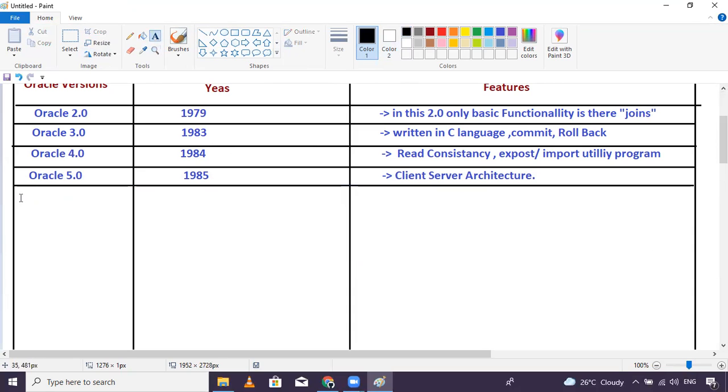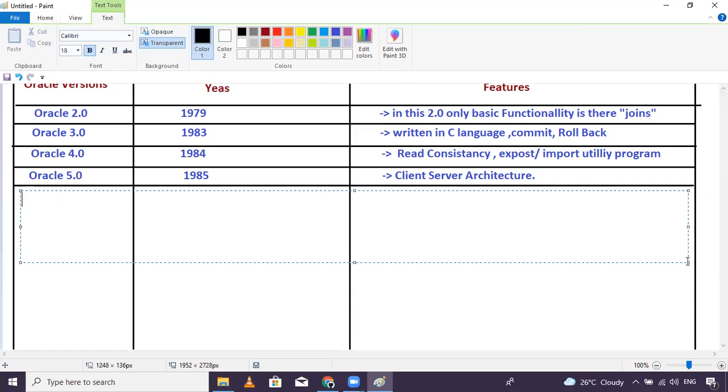Now our next version is released, Oracle 6.0. When did they release Oracle 6.0? In Oracle 6.0, they introduced very good features. They introduced this version in 1988, after 3 years, a very long time. They included very good features